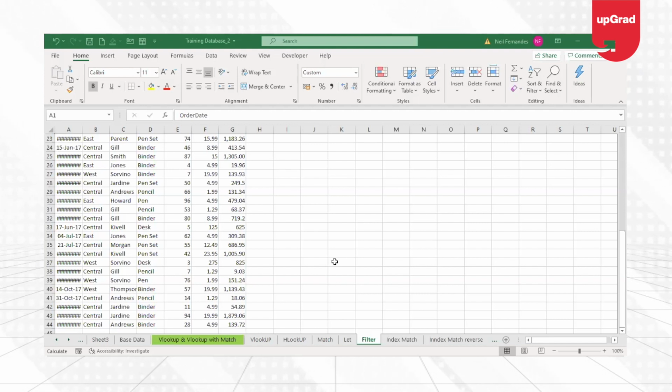Otherwise, if you have 365, you will be able to use it. Until then, you can watch this video and get a hang of it, or just download 365 so that you can use that function. So the XLOOKUP, XMATCH, LET function, and the filter function are all available in the 365 version of Excel.